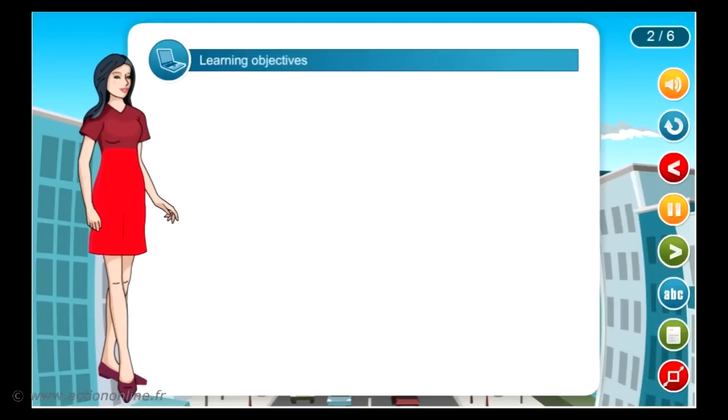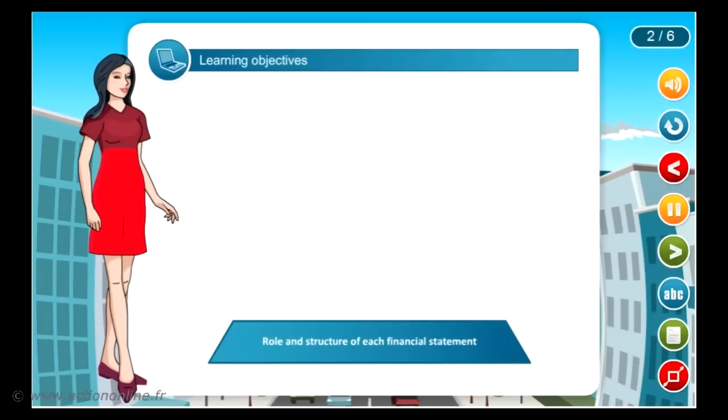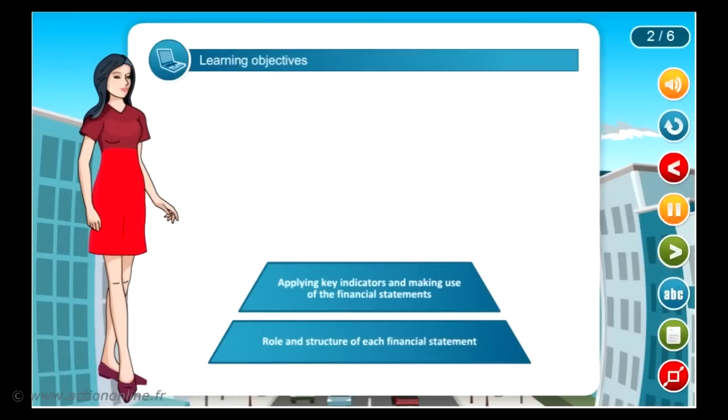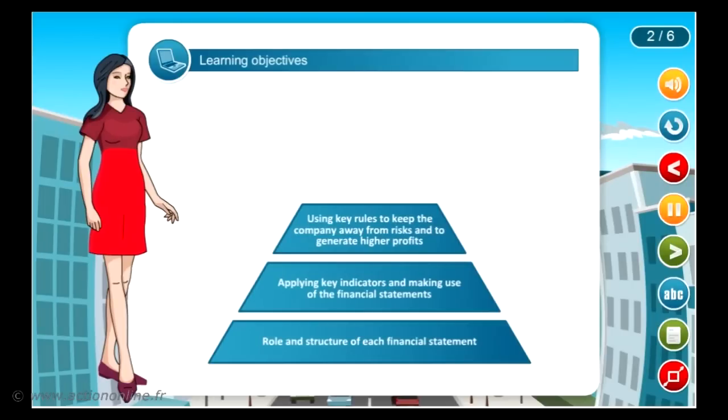In this section, we focus on, firstly, the role and structure of each element of the financial statements in evaluating a company's financial health. Secondly, applying key indicators and making use of the financial statements when making decisions about running the business. Thirdly, using key rules to keep the company away from risks and to generate higher profits. Last but not least, we introduce certain key differences between IFRS and VAS to help managers accurately analyze financial statements